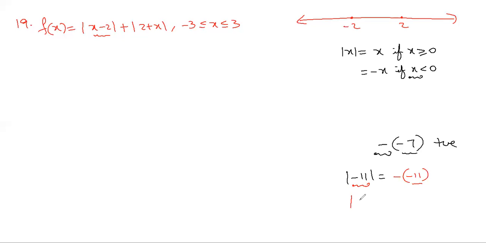Suppose modulus of 5. Then directly you write 5. In case a positive number is there, its modulus is the number itself, as it is. So you write as it is if it is positive, and you write multiplying with minus if it is negative. So fix the definition in your mind: writing as it is if it is non-negative, 0 also should be included, and writing minus times of it if it is negative, right? So this definition is fixed, then it is easy now.